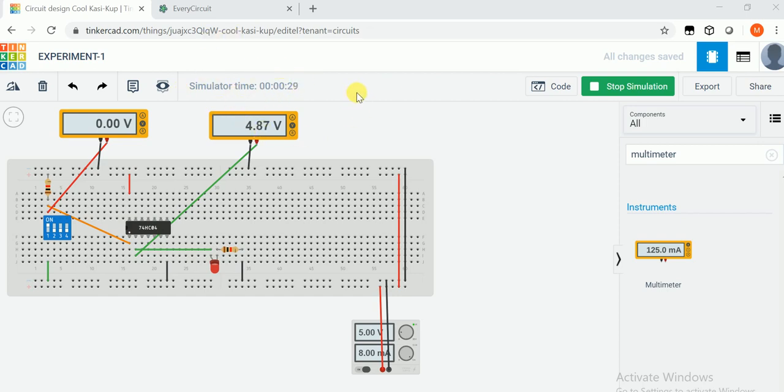Okay. So this is all about the inverter IC. To check the inverter IC, you can see this creates almost the same environment as in the lab. Students have to utilize this breadboard, ICs, LEDs, resistors, multimeters. Okay, these are quite simple. So let's move to our next experiment, that is about the AND gate.